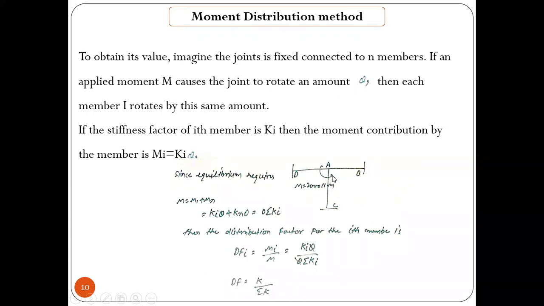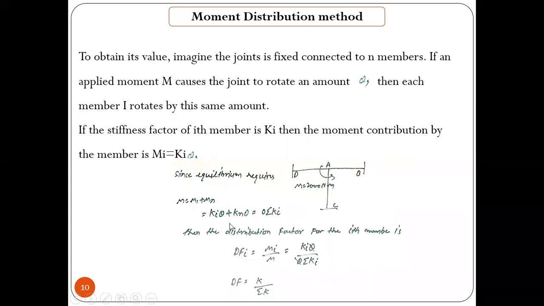If you are not distributing at A, that is the value of moment acting, and it is very difficult to decide how much reinforcement to provide in that case. That's why we need to distribute it. We multiply by the distribution factor for the AD segment, and that fraction of moment will be distributed through AD. Multiply by the AB distribution value, and that much is distributed through AB. For segment AC, we do the same as we did for AD and AB.